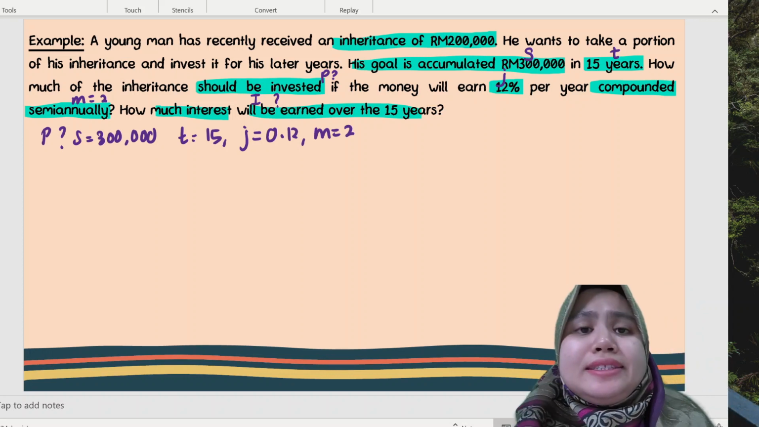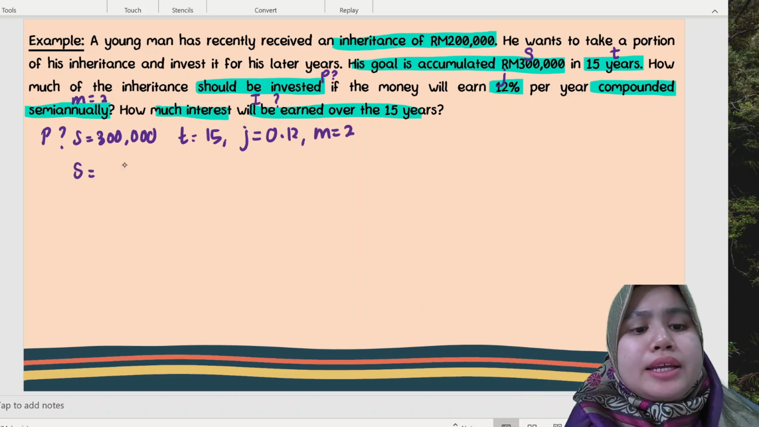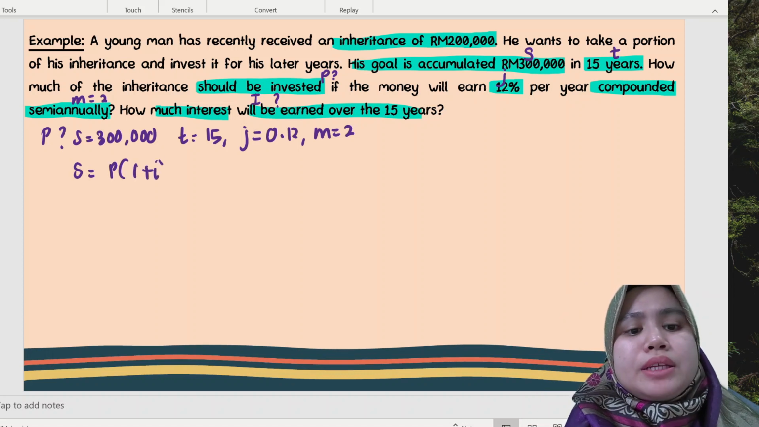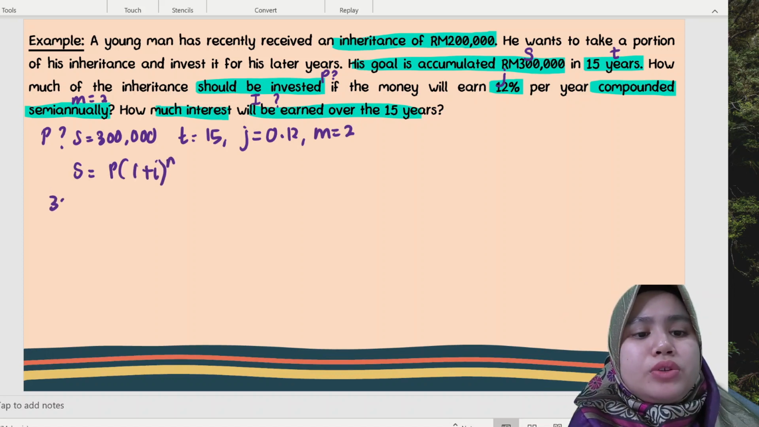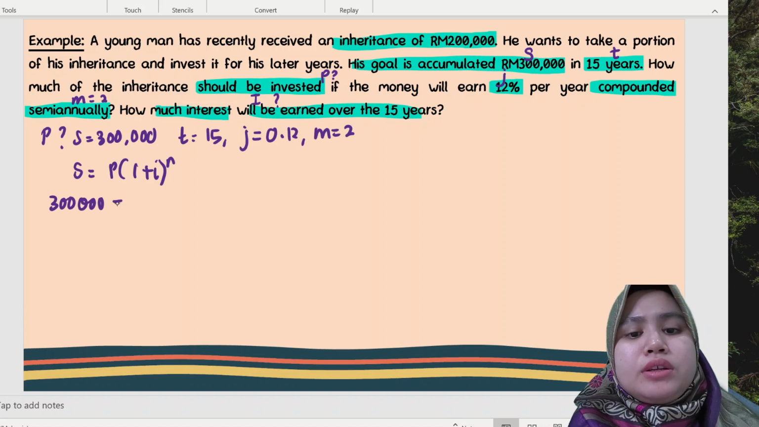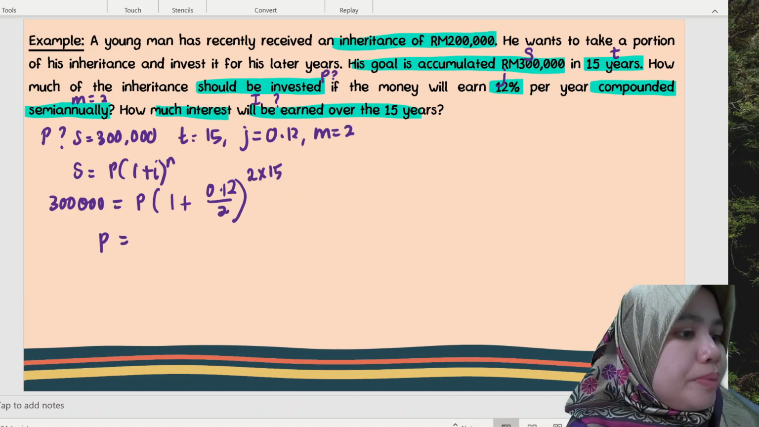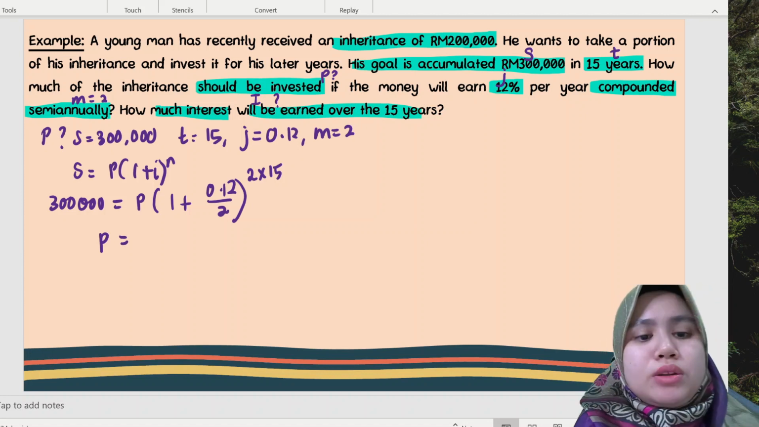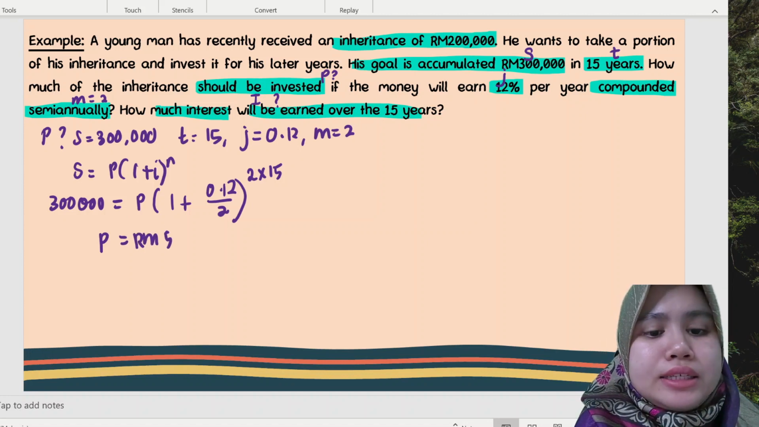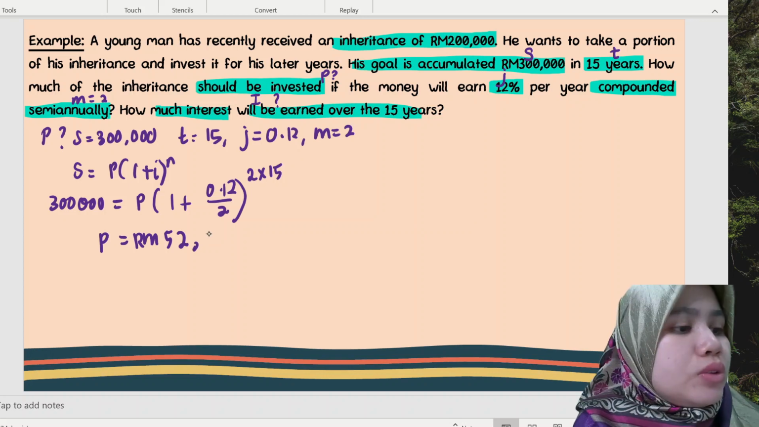Okay, this is easy, right? Just use the formula S equal to P(1 plus i) to the power of n. So you have 300,000 equal to P(1 plus i), where i is J over M, and n is M multiplied with T. So what is your P? Okay, look at your calculator. Calculate it. You have 52,233